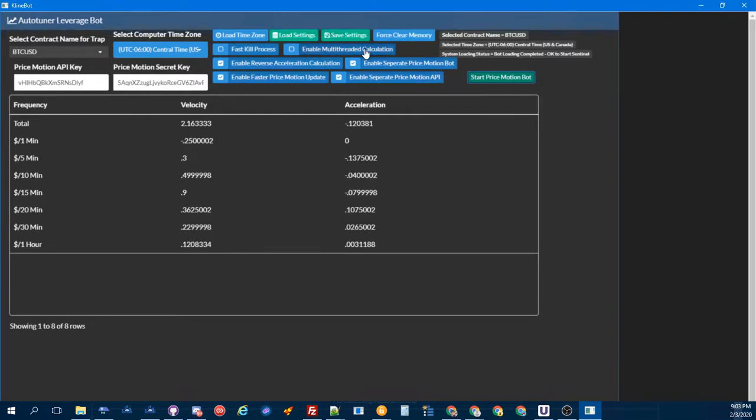Sometimes you might think, oh, I need to turn off multi-calculation. You can just do it here, uncheck it, save it, and it all shares the same file. Okay, so make sure separate price motion bot is checked, and separate price motion API, which is right here, is entered there. That's my API. It's bound to my IP anyway. And then enable faster price motion update, whether you want to do this or not. Hit start and it'll kick up, and this is updating every 5 seconds,